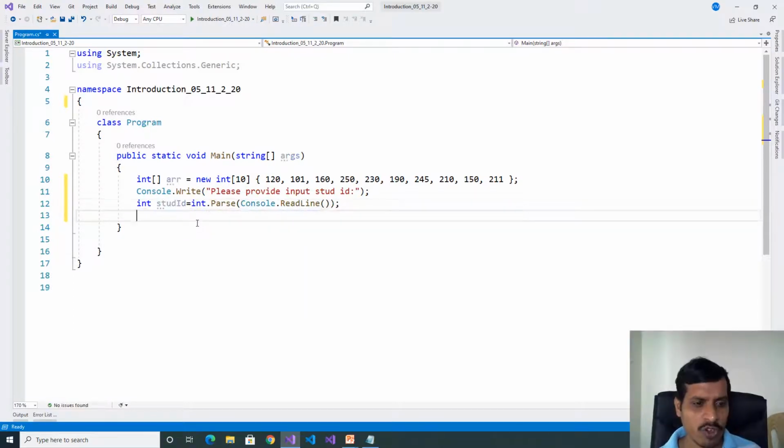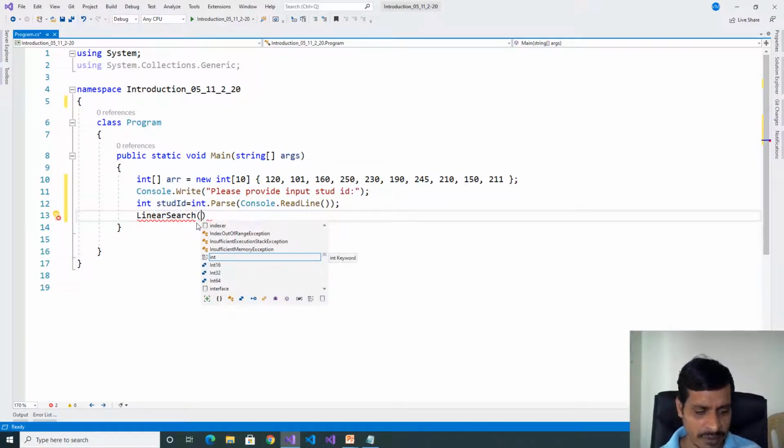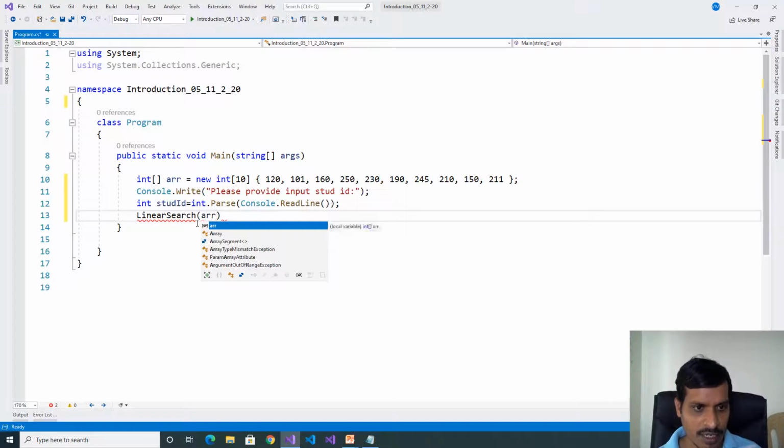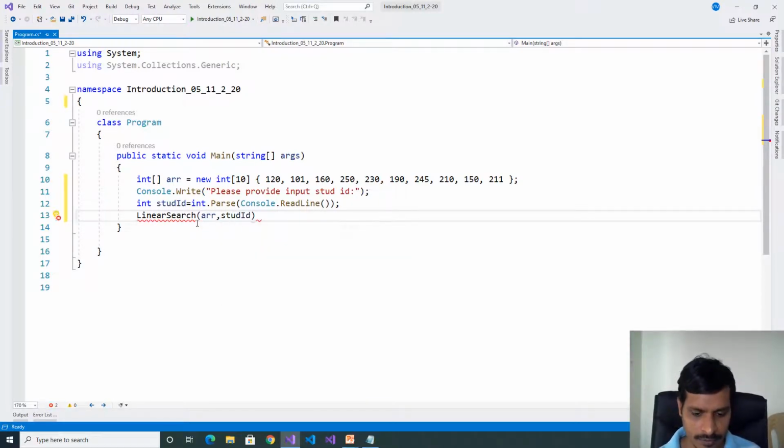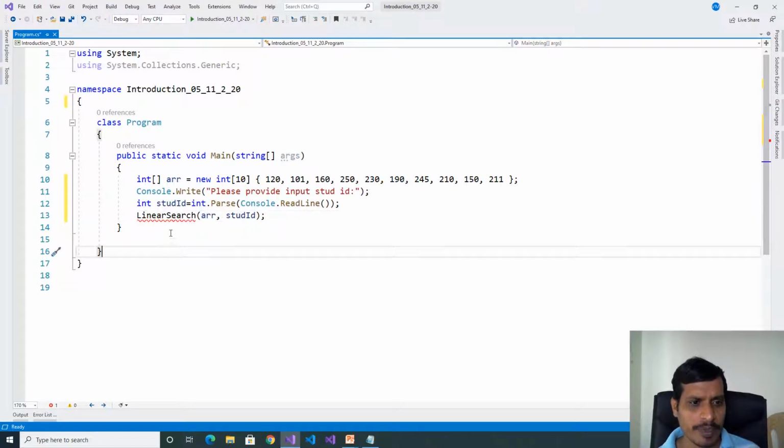Now we need to invoke the linear search function. LinearSearch of, and pass array and student id: array, studentId. Now we need to implement the linear search function.